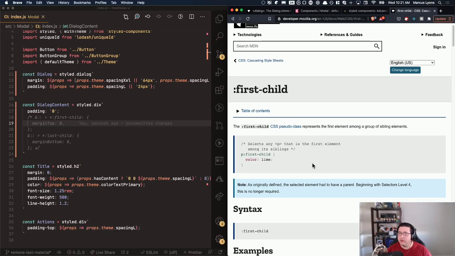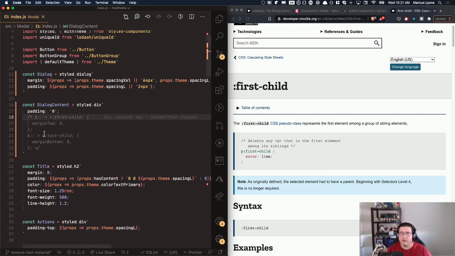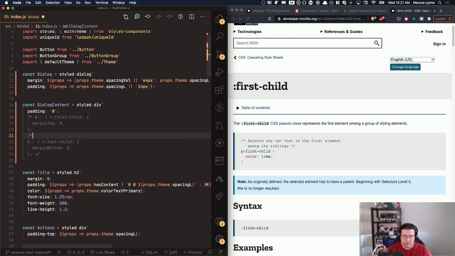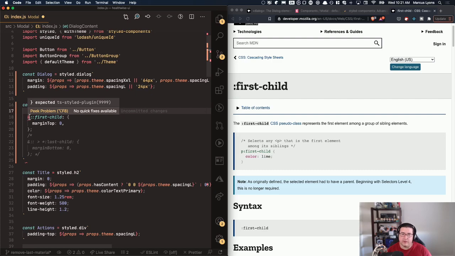Okay, it's a pseudo class, so that might be part of our problem. Let's move the comment down here. So then we can just work on this one, and I'm thinking it might have to be, oh, okay. Why do you expect there to be